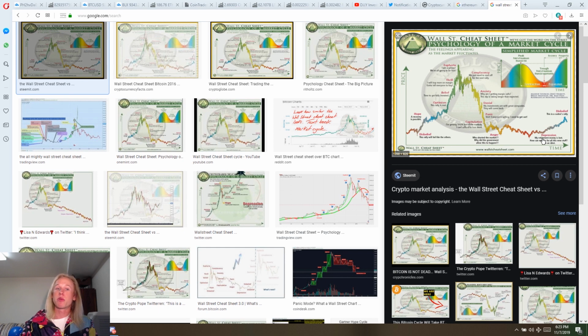This is what's known as depression, and it's also the same area of accumulation, depending on what way you're looking at it. But depression is when everybody's selling their cryptocurrencies or whatever market they're trading. They're exiting everything because it only continues to go lower. They're scared of all of the losses that they've taken, and they just continue to see more red. And so that's really when the shift happens. Now, smart money accumulates in these times, and then that is what starts the first leg up.